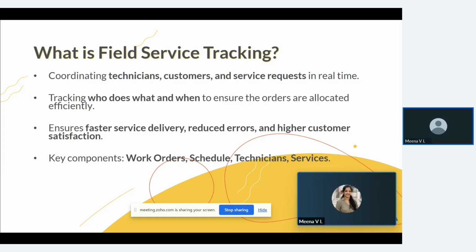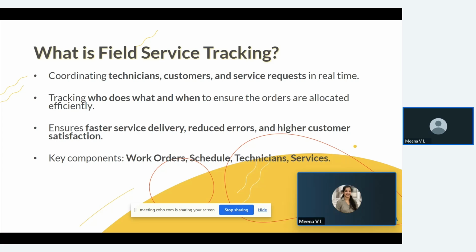You optimize technician utilization, and you have happy customers and faster operations. The crucial part is when you have industries like appliance repair, where you do services for multiple appliances, say from washing machines, TVs, to mixers. When you have branching there, it would be easier for you to track even more efficiently. You can set up installation, maintenance, home services, and laptop services. For all these kinds of businesses, this would be of great help.